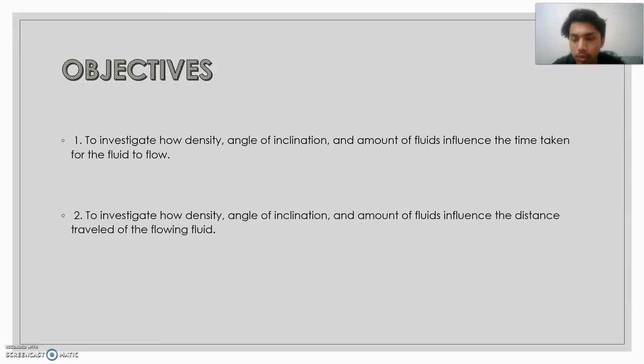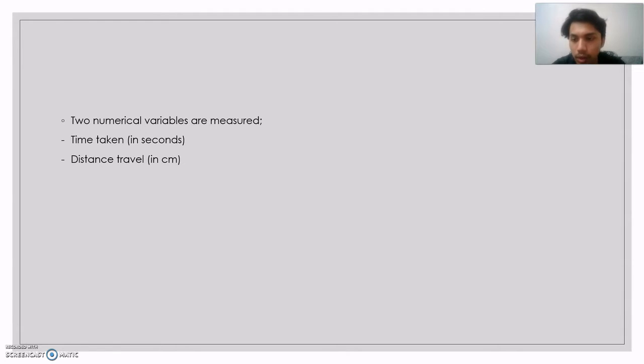So, we have two objectives. The first objective is to investigate how density, angle of inclination and amount of fluids will influence the time taken for the fluid to flow. Our second objective is to investigate how density, angle of inclination and amount of fluids will influence the distance travelled of the flowing fluid. So for our experiment, we have two numerical variables that we are measuring. The first one is the time taken in the unit seconds, and the second one is distance travelled in unit